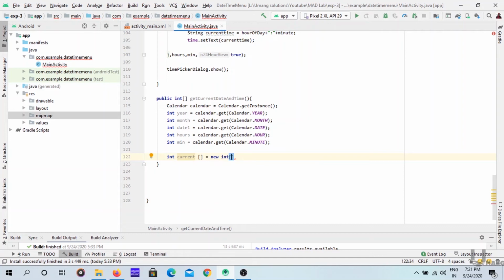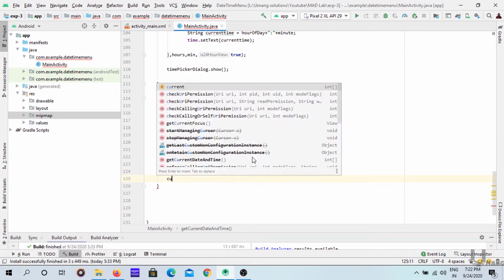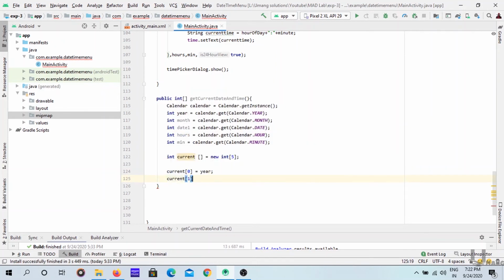So we have to declare the size. The size is 5 because we have 5 values. I will store these 5 values into this variable. So current of 0 equal to year, current of 1 equal to month,